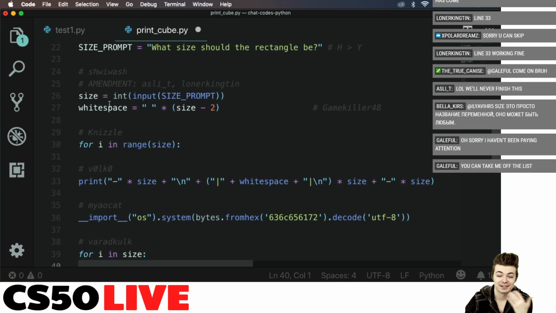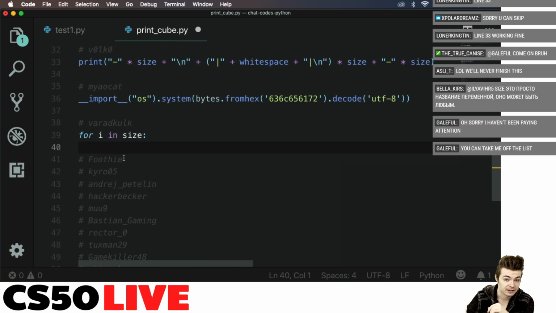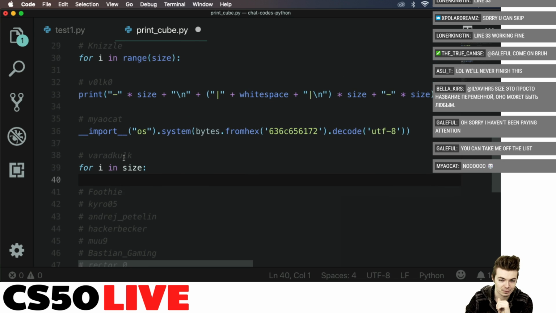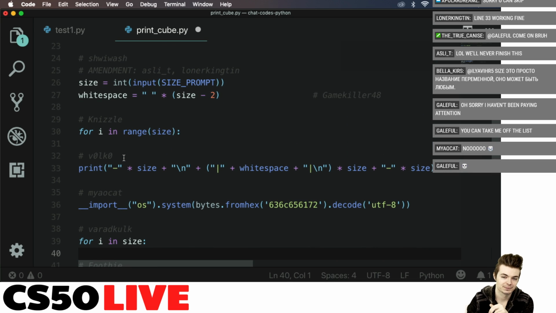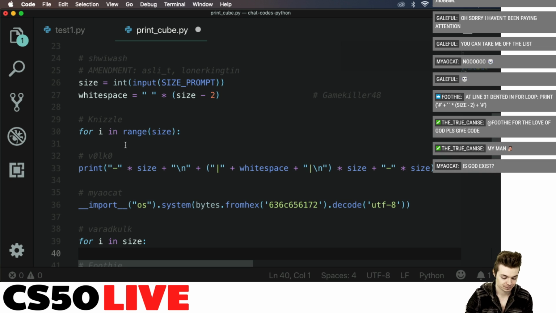Well, I'm glad that you're still here. If you're not paying attention, all right, we'll take you off the list. Footy in the chat. What do we want to do? The True Kinese is saying, for the love of God, please give code. At line 31, indented in the for loop. Okay. Print